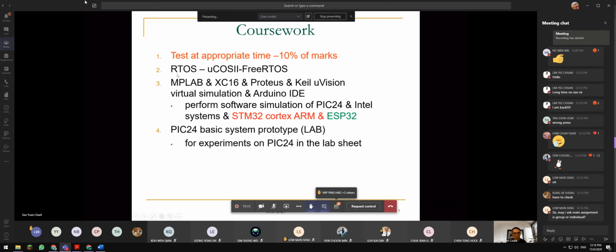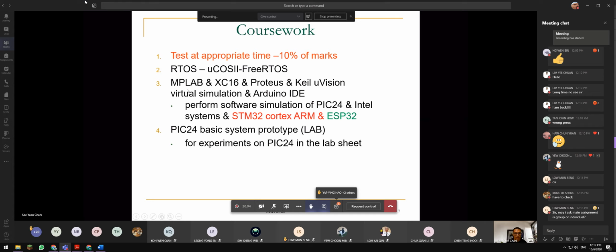We are using 2 real-time operating systems. We try to type MicroC/OS-II with Microchip. Okay, class, remember, Microchip also supports FreeRTOS. I just try 2 different real-time operating systems. MicroC/OS-II we type with Microchip, FreeRTOS we type with ESP32. Okay, so what is ESP32? I will discuss more details with you later.